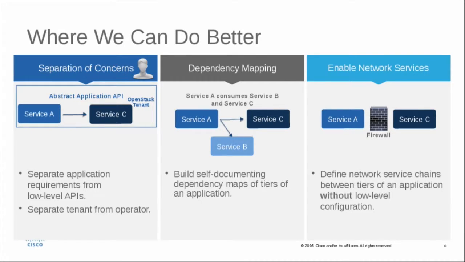We also need to capture dependencies. We need to understand how parts of an application interact with other parts of the application. To some degree, this is captured as you think about networks and VLANs, but in practice, a lot of that information ends up being lost. What you really want is to understand from the developer, what APIs are you calling? What APIs do you expose? So now you can understand how applications need to interact, and we can better program our infrastructure to enforce it.